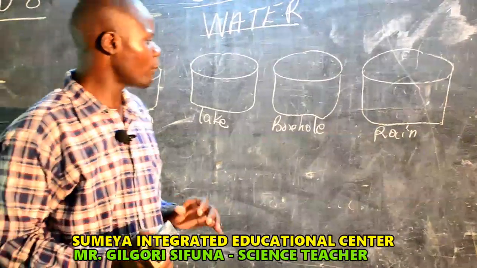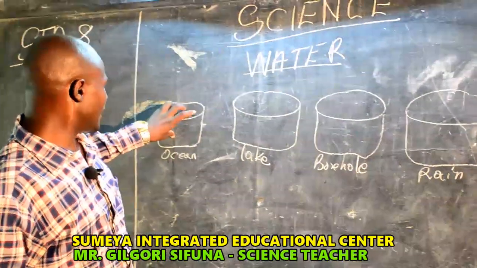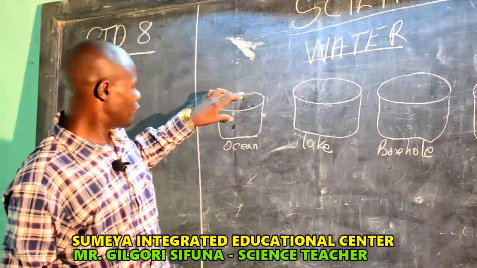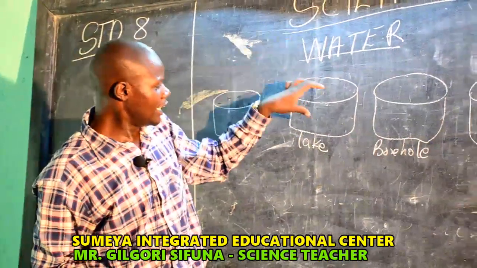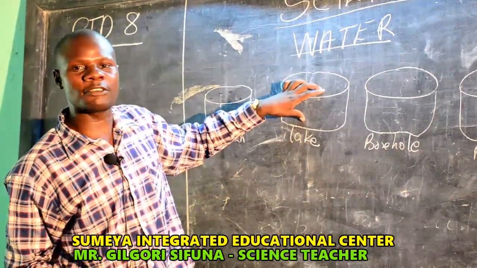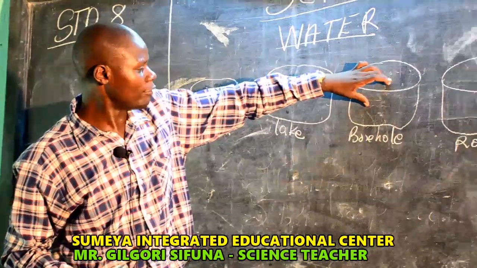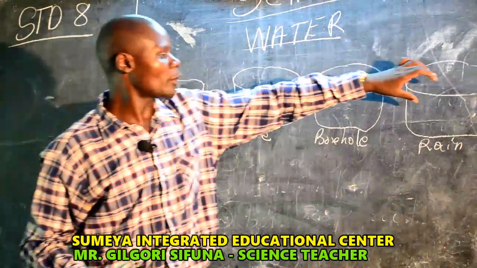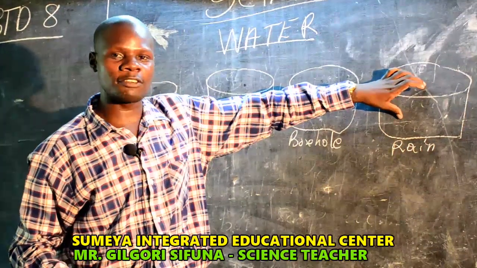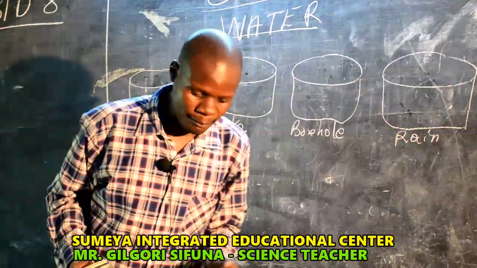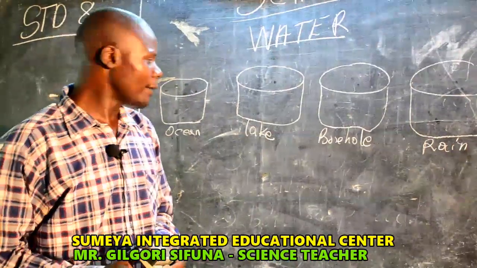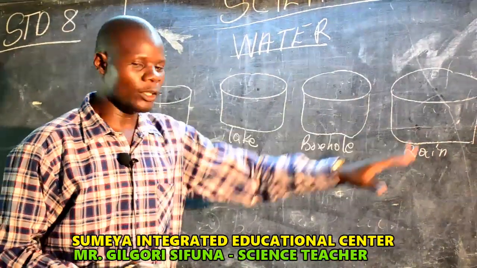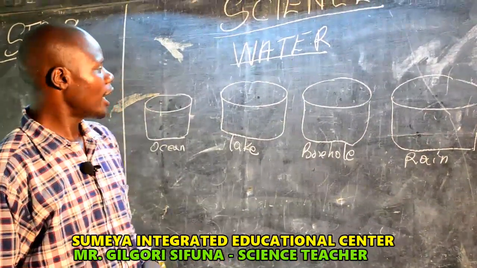That is an example. Now, add water in this first basin from the ocean. Add water from the second basin collected from the lake. Add water collected from the borehole in that basin, and also add water collected from rain in the fourth basin. Then, after adding water in all the 4 basins,